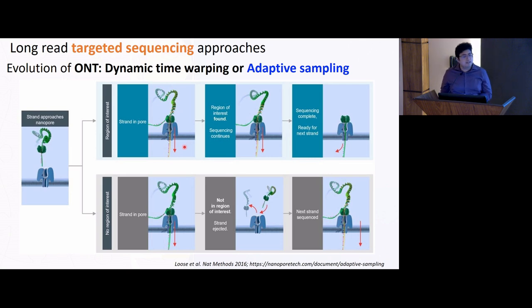I will say that again. So there is no chemical modification at all. It's a completely computational approach. So how does it happen? In Oxford Nanopore, as I told you, there is a current difference between the two surfaces, right? That is why the DNA passes through. And also the fact that it reads in real time. So the DNA starts passing through, you read it in real time. From the initial bases, you understand that this is my target portion. So the DNA sequencing goes through. From the initial reading of the bases, you realize this is not my target portion. I don't want it. So you just reverse the current between the two surfaces and the DNA is ejected. So it's a completely electrical, completely computational approach of target enrichment, without any chemical approach, which is only possible with